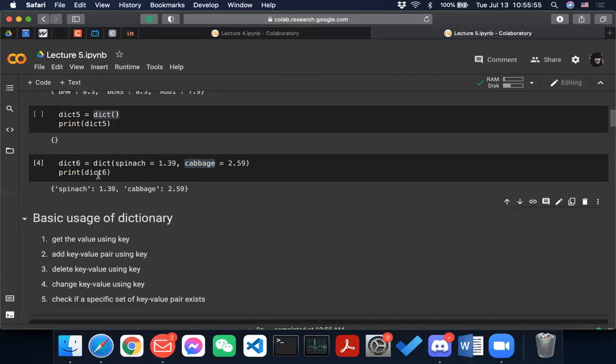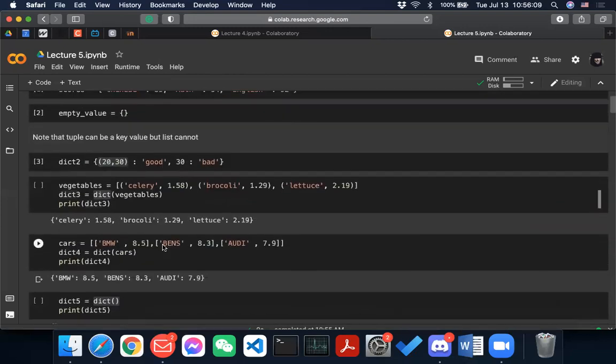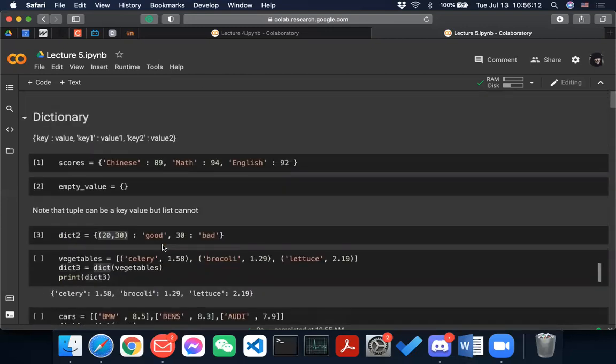So it also makes it into a dictionary, and you can also create a dictionary like this. So those are the different ways you can create a dictionary.